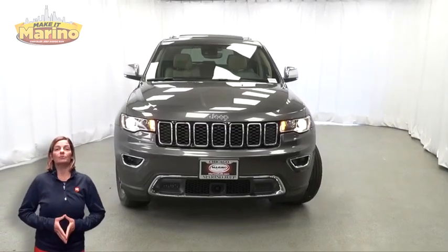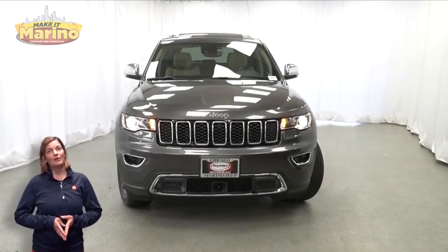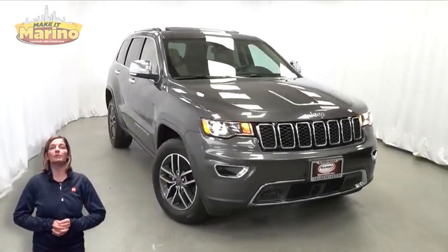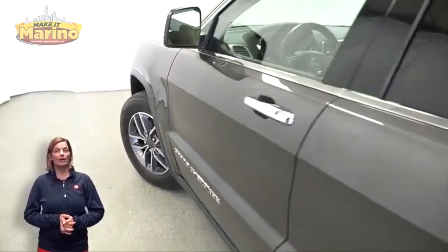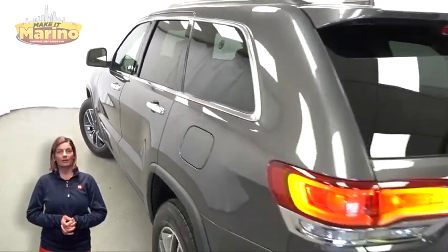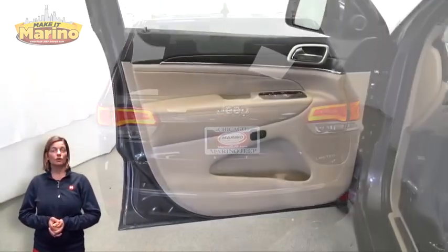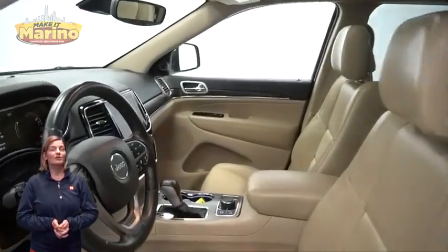Looking for a highly equipped compact SUV with all the right options and reliability? We'll take a look at this certified pre-owned 2020 Jeep Grand Cherokee Limited in granite crystal metallic with halogen quad headlamps, premium fog lamps, 18-inch aluminum wheels, adaptive cruise control with stop, heated front seats, heated steering wheel, 20,000 miles